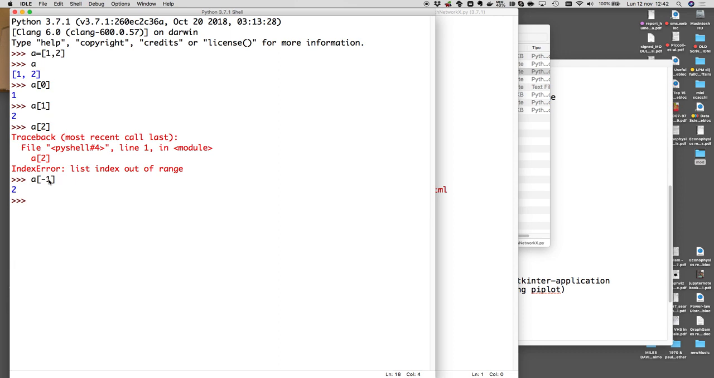And the dictionary? A dictionary is defined with curly brackets. A equal, open curly brackets, a name, Gabriele,